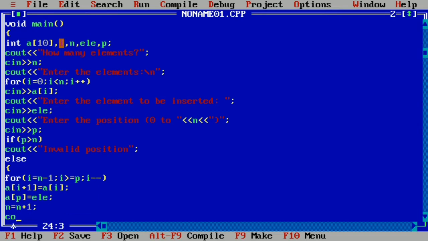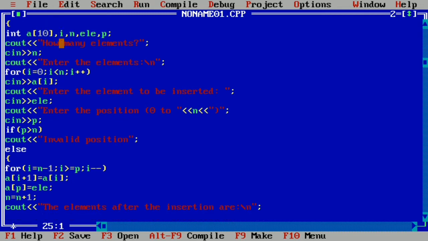Okay, so next cout, here we'll write "the elements after the insertion are \n".